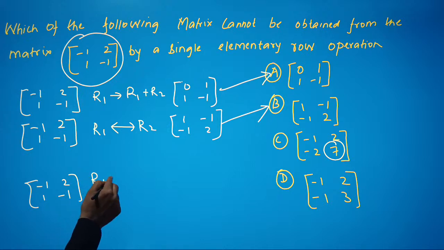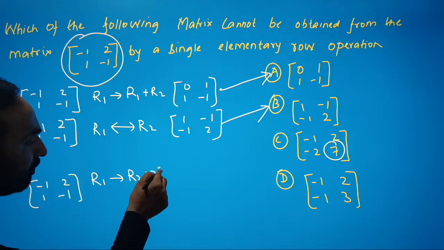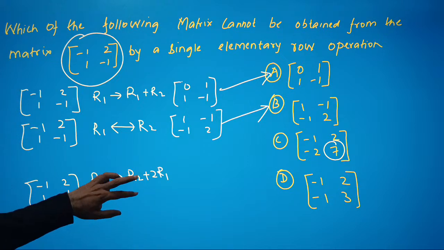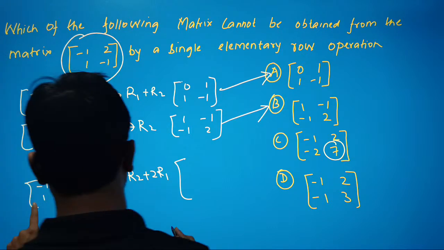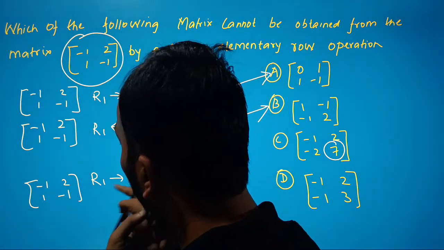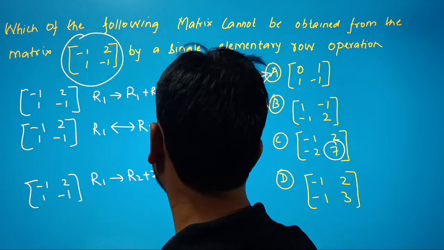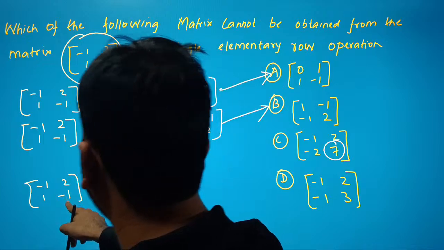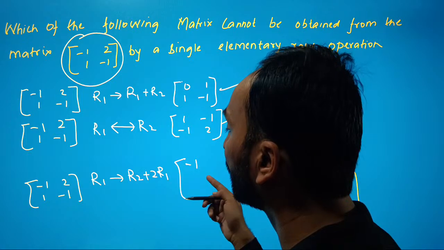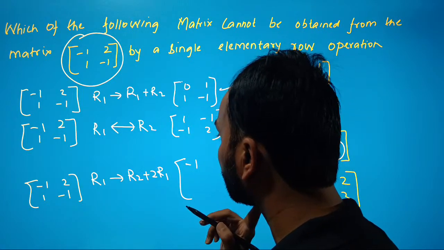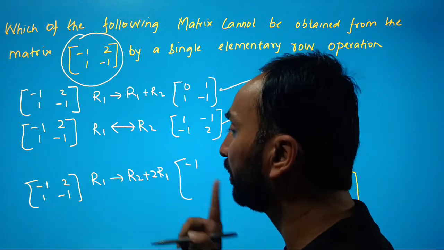If I write row 1 is equal to row 2 plus 2R1, row 2 plus twice of R1, let's see what we'll get. Row 2 is 1 and plus twice R1 is 1 minus 2, that is equal to minus 1. And again minus 1 and plus 2 is minus 1 and plus 4. This is equal to 2. So twice of R1 will be 4. Minus 1 and